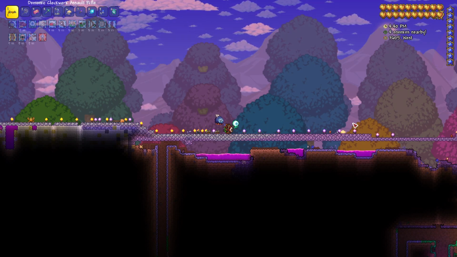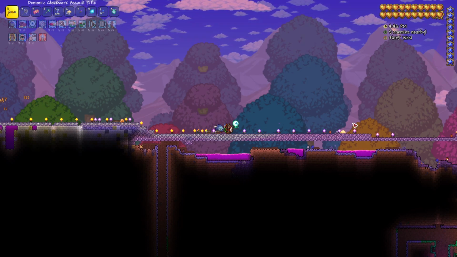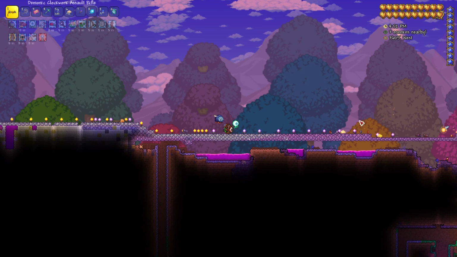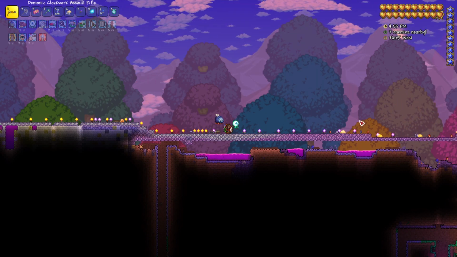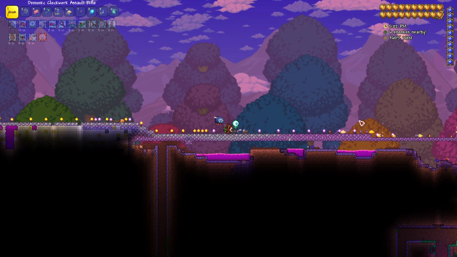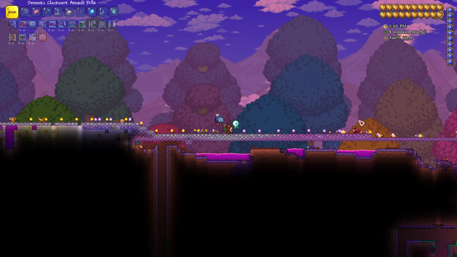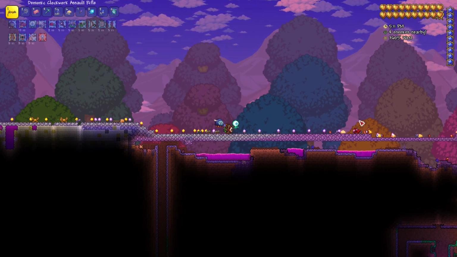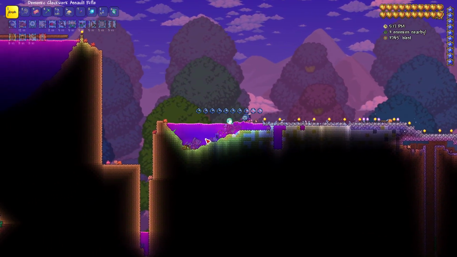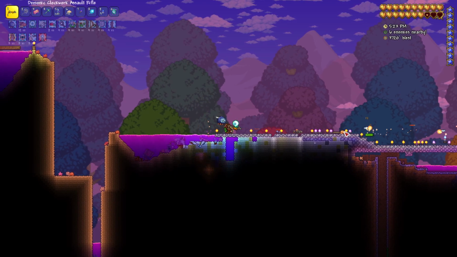recommend getting it regardless. As I said, the Blessed Apple is, in my opinion, the best mount, or the unicorn mount in general is the best mount in expert mode, normal mode, I suppose journey mode if you want to count that as well. Unfortunately, in Master Mode, the Unicorn mount is very important, but only up to a certain point. And you can get a better mount than the Unicorn mount straight away in Master Mode, which I will show you in a future video, because it drops from the Wall of Flesh, which makes the Unicorn mount obsolete if you're in Master Mode. But if you're in any of the other modes, as I said, the Unicorn mount is very, very